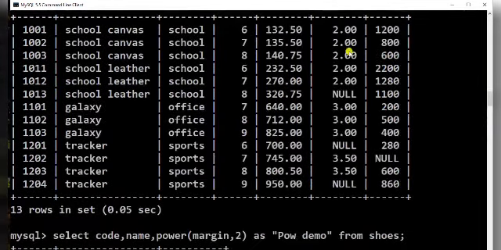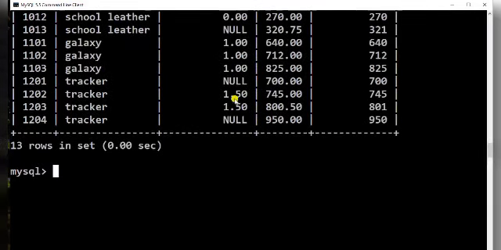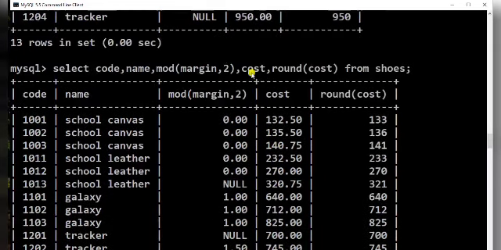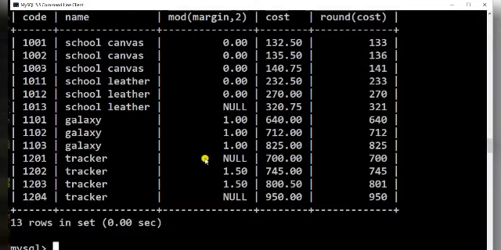The value is 2 divided by 2, 0, 0, 0. 3 divided by 2, it will give you 1, 1.5. So after dividing all the margin values by 2, it has given you the output. Now as you can see, I have not given the heading as an alias by using the as operator. So no heading is changed, whatever is written here is coming as the heading. I hope now you will be able to use these functions with reference to a table also. Thank you.